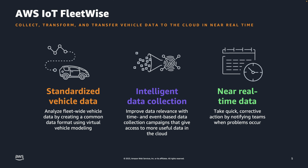Benefits of AWS IoT FleetWise include analyze standardized fleet-wide vehicle data, access the unique data format of any vehicle, structure it, and make it understandable without having to develop a custom system. Developers build virtual vehicle models in the cloud and apply a common data format to structure and label vehicle attributes, sensors, and signals. With an aggregated data structure, automakers can access fleet-wide insights and identify trends while using their cloud-based